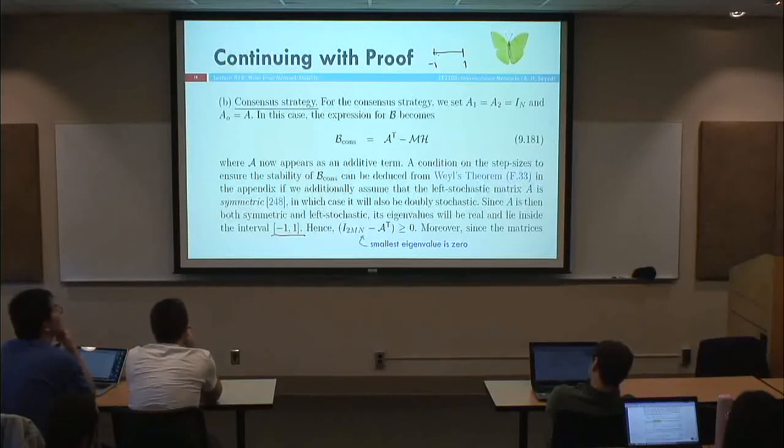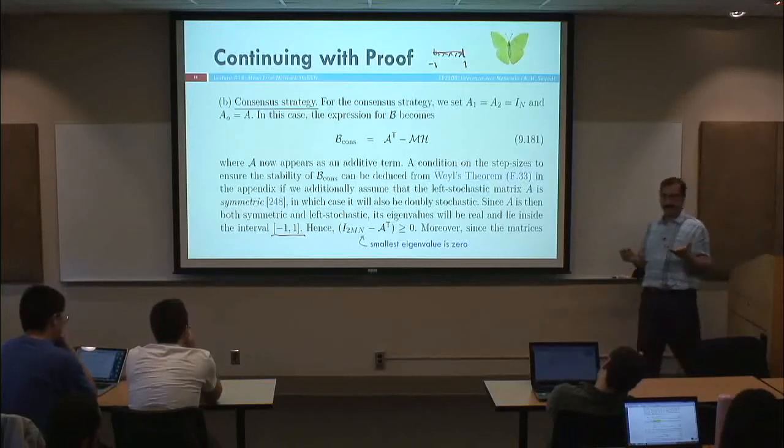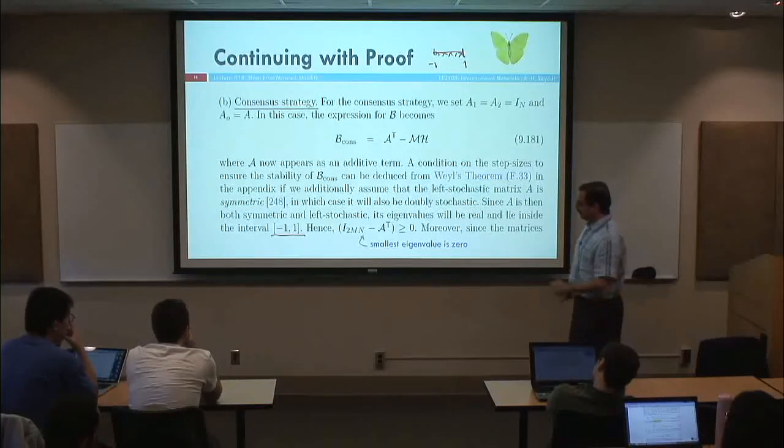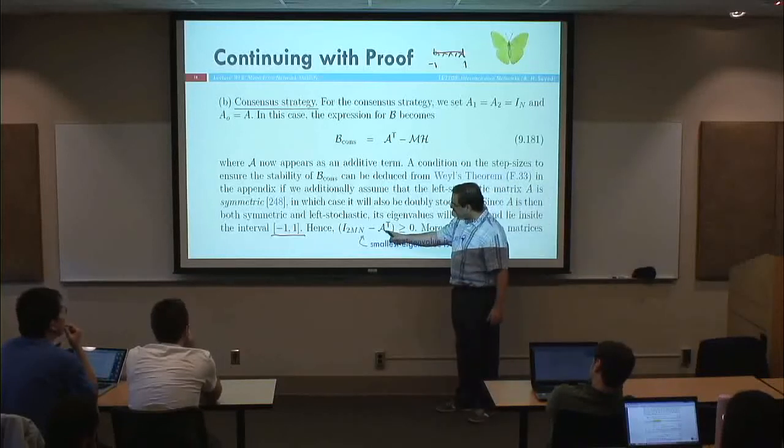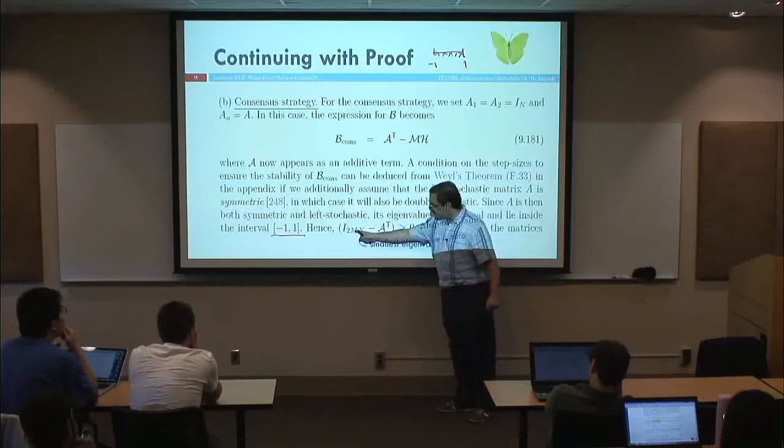They will have to be here. It will have an eigenvalue at 1. We know that for a fact, right? Okay. If that's the case, if all the eigenvalues of A are between -1 and 1, then the smallest eigenvalue